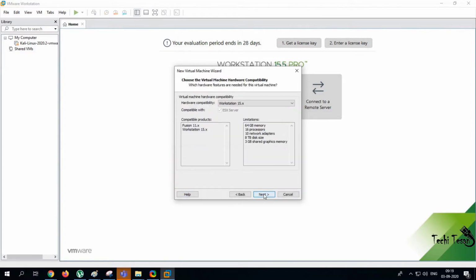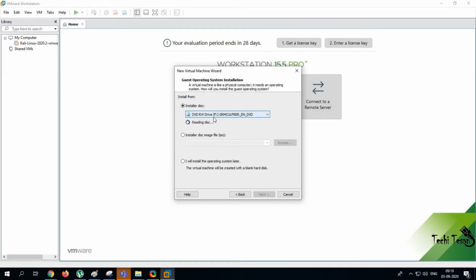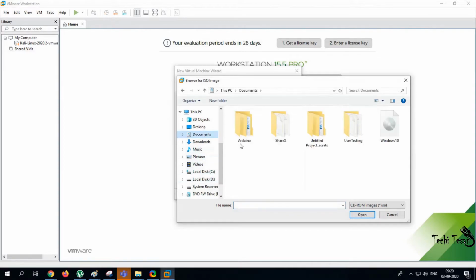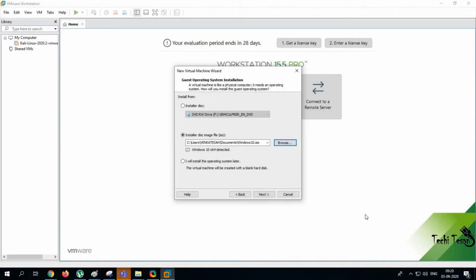Click on Next. Click on Next and select the ISO image file path where the ISO image has been saved. I am selecting the Windows 10 ISO image file that I have saved just before. Click on Next once the file path is selected.